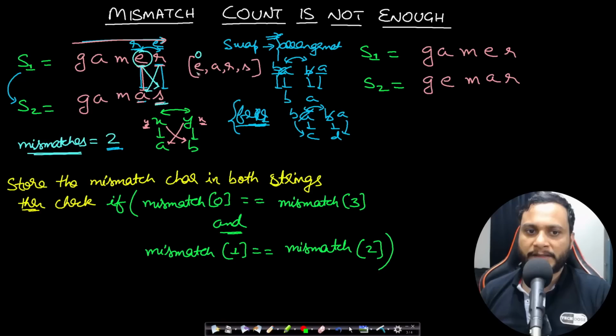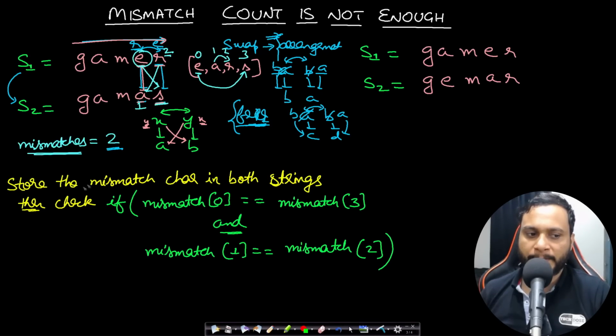E is the first character, that means the 0th index character. S is the third index character. So if the first and the third index character would have been the same, and also you can see this second index character and the first index character. If this first and the second index character would have been the same, then only the swap will actually make S1